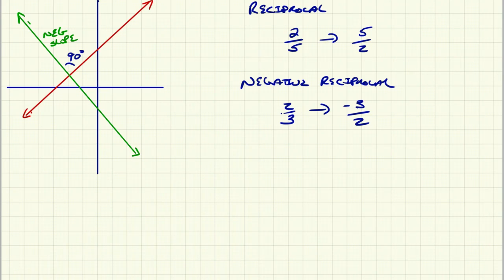If we take a look at the slope of the red line, we can see that the line is going upwards from left to right, so we have a positive slope. The difference between a negative number and a positive number is the negative sign. We're multiplying by -1. So to get from a negative value to a positive value, we multiply by -1. That's why